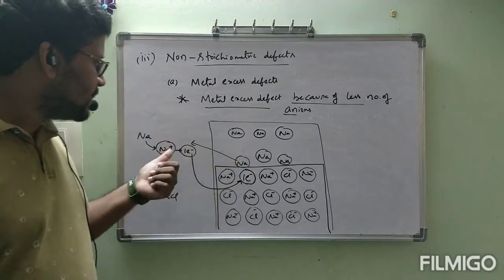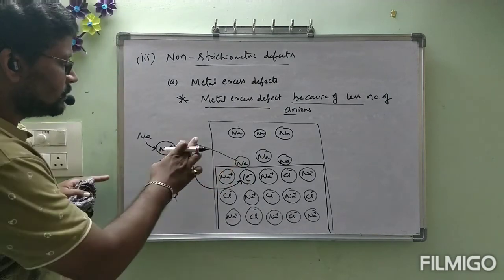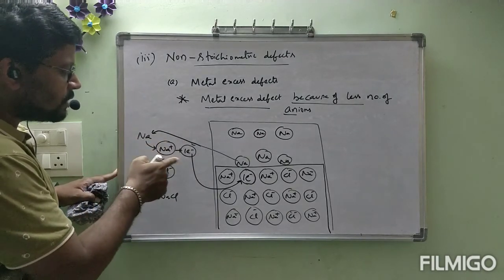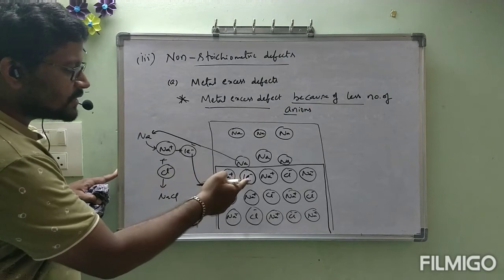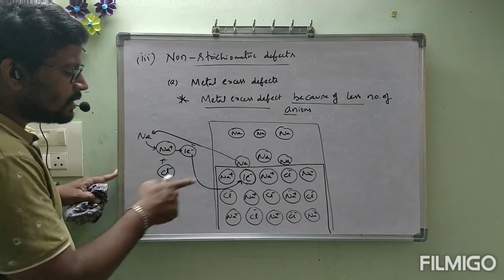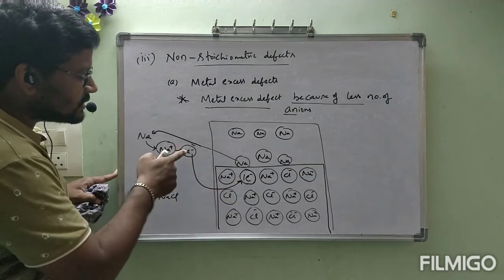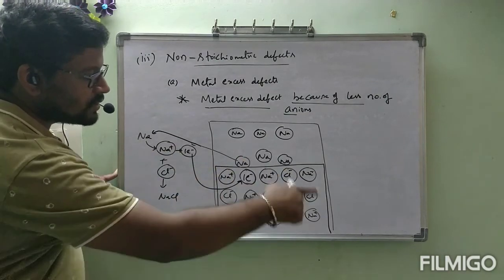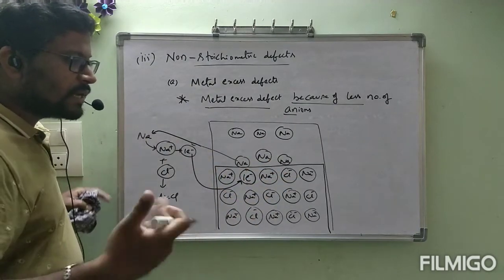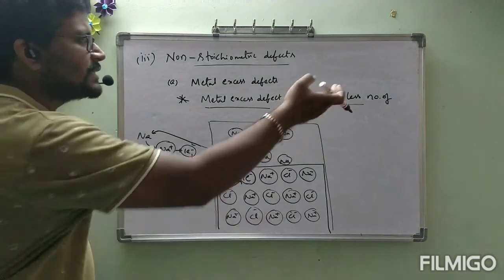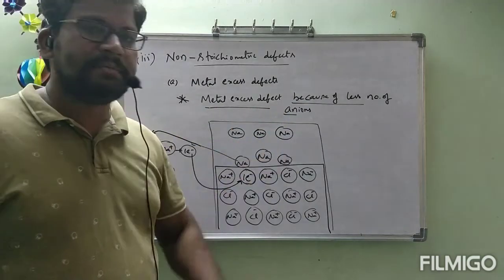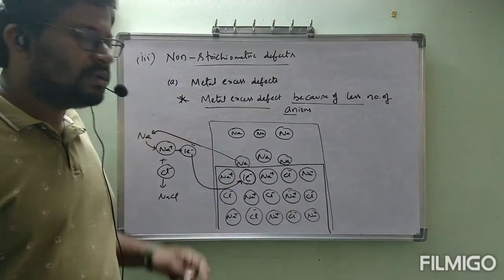This is the Na plus I mentioned here. This sodium is going to lose an electron to become Na plus, and the Cl minus. Previously we had Cl minus here, but Cl minus reacts with Na plus to form NaCl. A vacancy is formed here, and this electron occupies that vacancy. Because of that neutrality is maintained, but the number of metal ions is more compared to anions because of fewer anions. Metal excess defect because of a smaller number of anions. This is the thing.